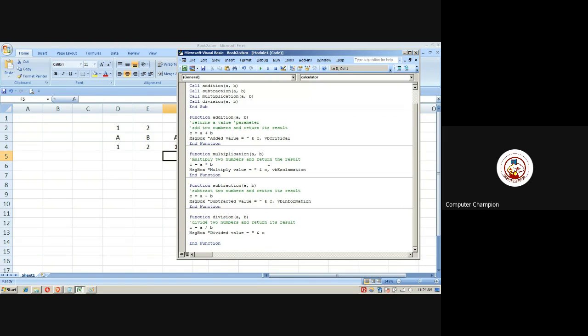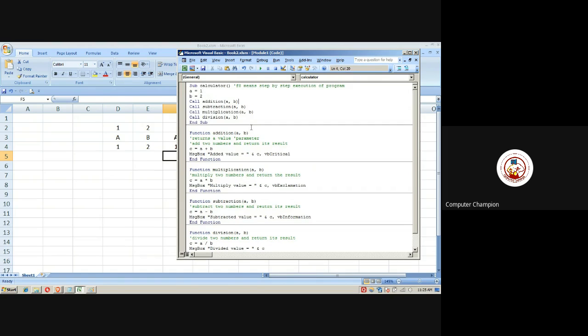So this way you have lots of options, and I want you to do some research on what other types of message boxes are there. You have OK cancel, you have OK only, question box, you have retry cancel. Many types of message boxes are there. Yes, no, that way. So this is your one homework: please go on Google, take 5-10 minutes and search how many types of message boxes are there in VBA.